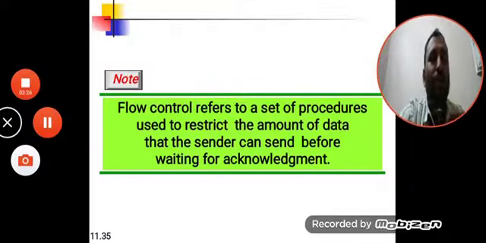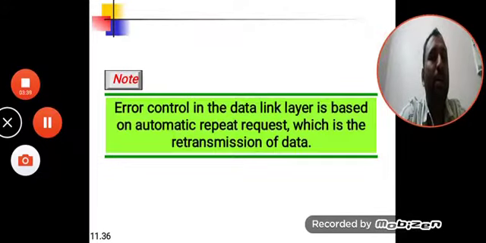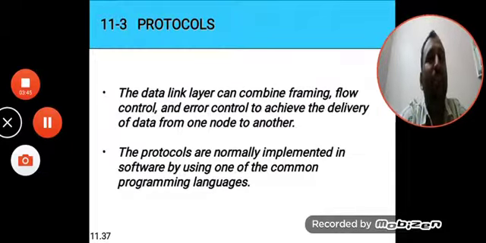Now flow control here refers to the set of procedures or the set of protocols used to restrict the amount of data that sender can send before waiting for the acknowledgement. So what we are doing here in flow control is that whatever data we will be transmitting, whatever frames we will be transmitting, those frames will be given a certain sequence number, so that we can identify